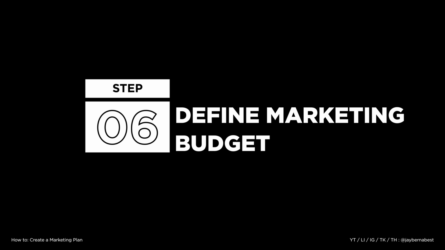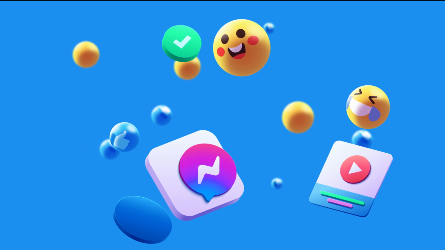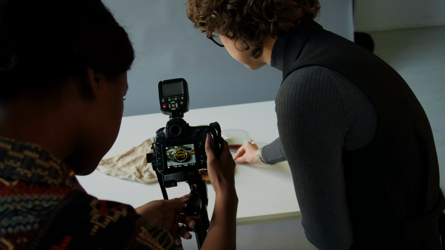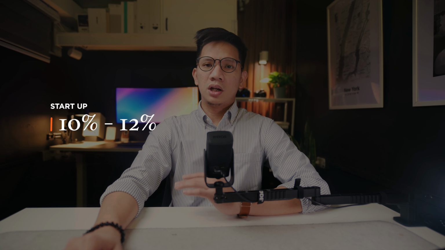Step 6, define marketing budget. We wouldn't want to forget the fuel that will make all of this happen. Your marketing budget should contain ad expenses, budget for building platforms, hiring agencies, and producing other marketing materials. As a general practice, a startup can allot 10 to 12% of its annual revenue for marketing budget, while established